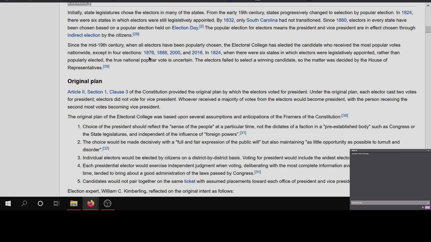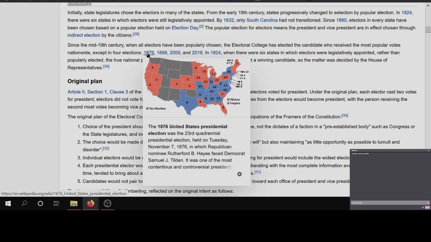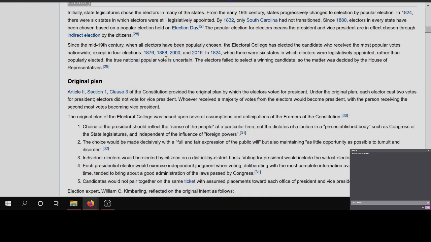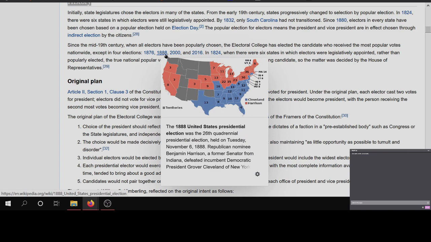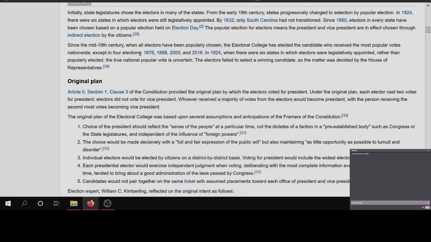And it should have a brief explaining what it is. Was the 23rd quadrennial presidential election held on Tuesday? Yeah. Okay, so it doesn't talk much about this. But you also have the other one. Yeah, it doesn't. But from what I remember,